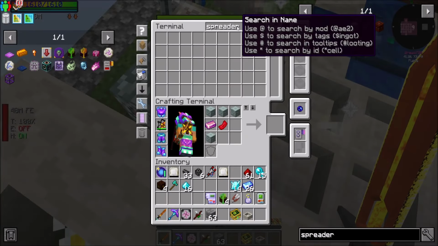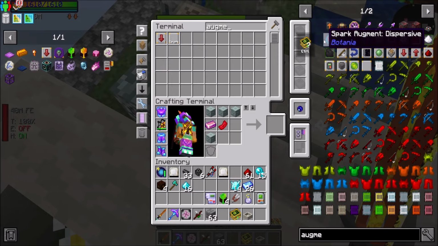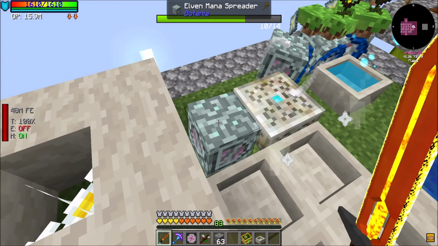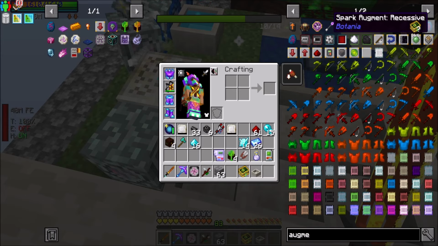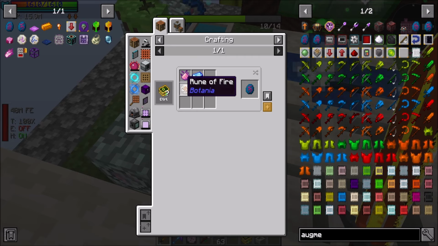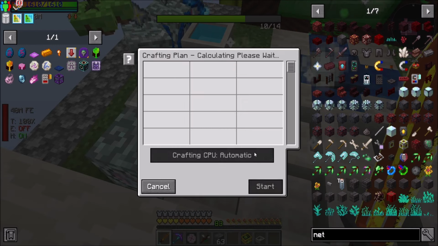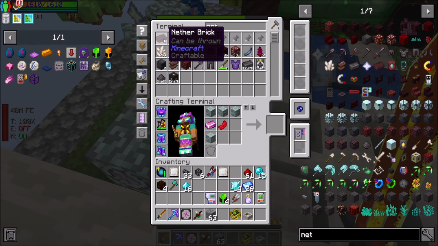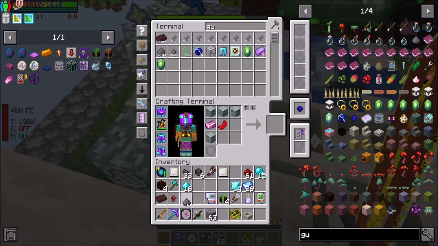Now what I'd like for is augments. So I'd want dominant for the one that's going to feed this dude, and then recessive for the other one. Dominant is a rune of fire, which I'm going to have to make another one of. So nether brick, nether wart, gunpowder,